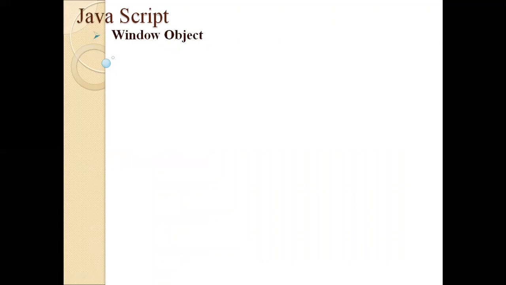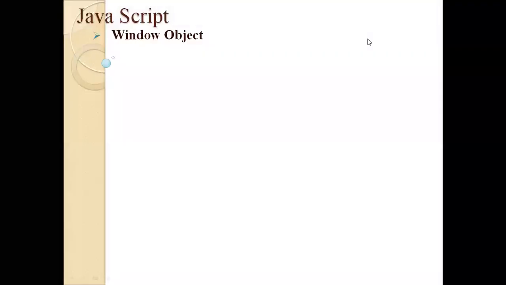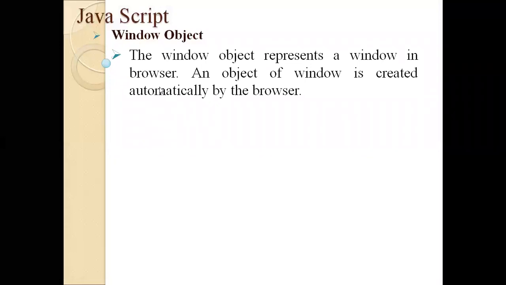So this window object is one of the predefined objects in JavaScript, right? The window object represents a window in the browser. If we have written one HTML document, it will open a web browser, right?